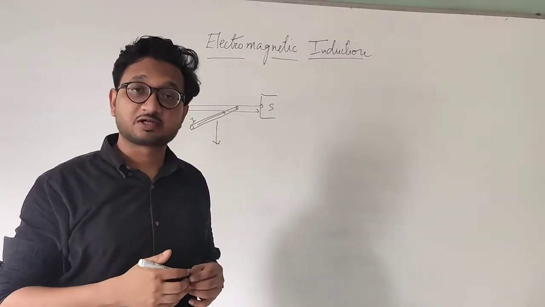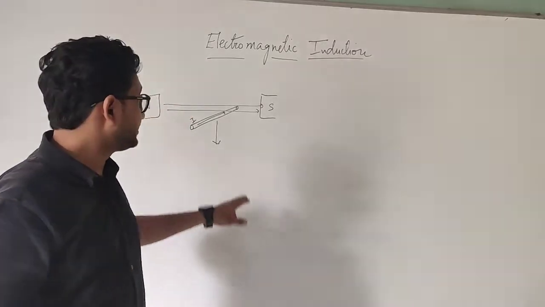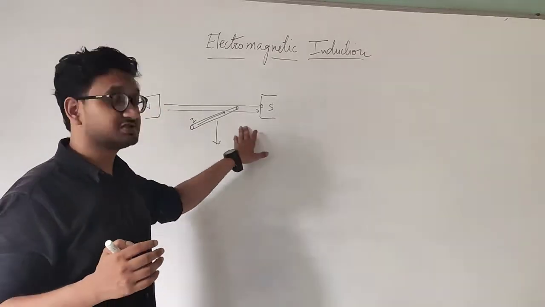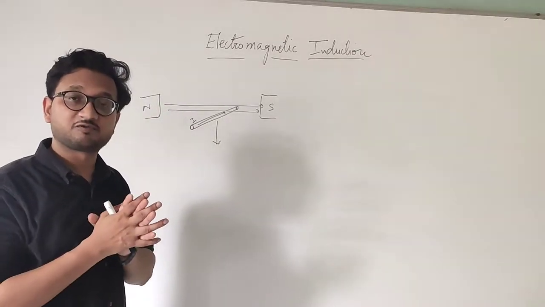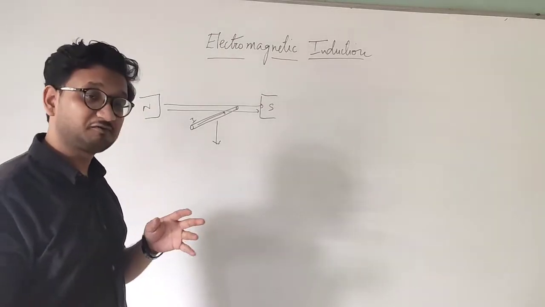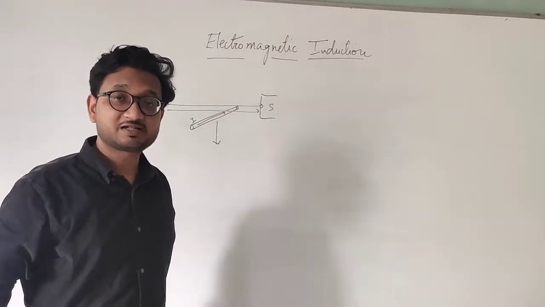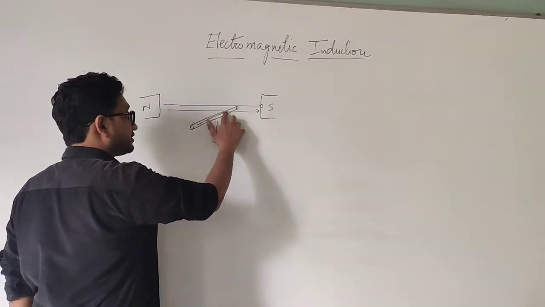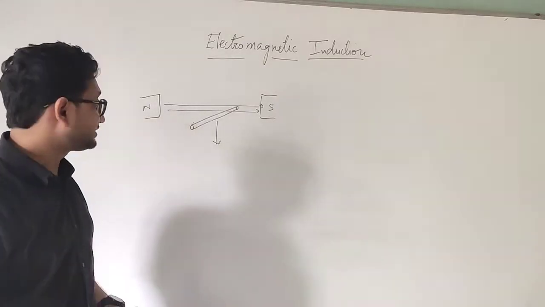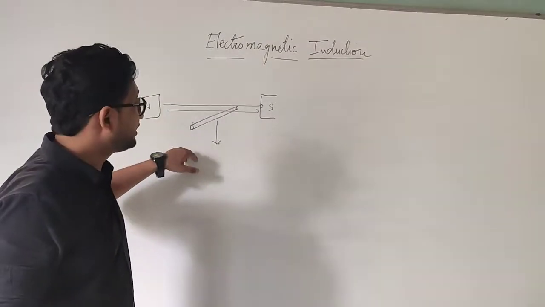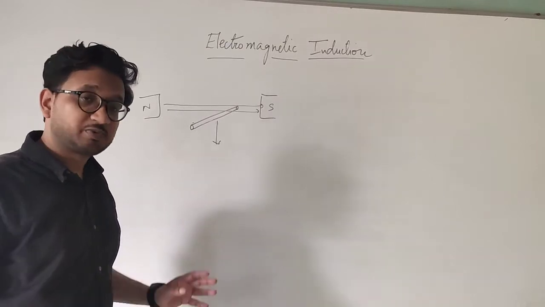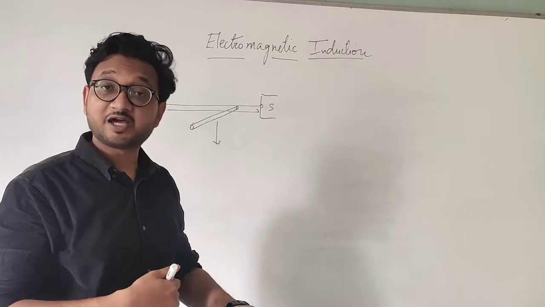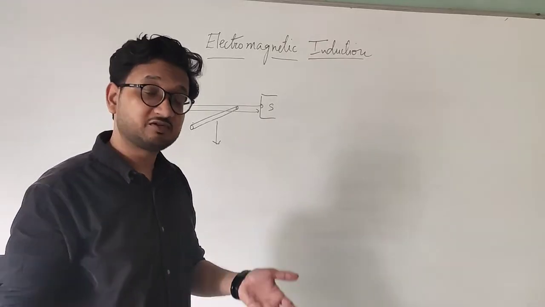This is the topic that we studied last time, and it is the principle for the working of the electric motor. Now we are doing the exact opposite. So Michael Faraday said that we are not passing the current, but we are taking the conductor and moving it in the magnetic field. Previously we were providing the current, so we got the motion. Now we are providing the motion. So what will happen? Will we get the current or not?